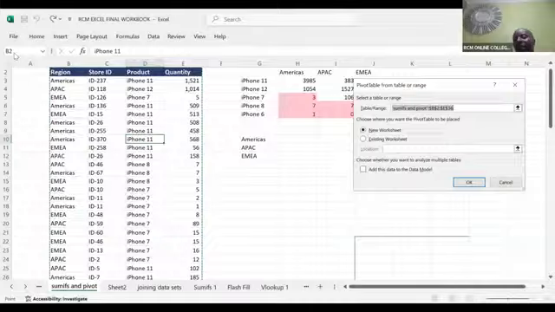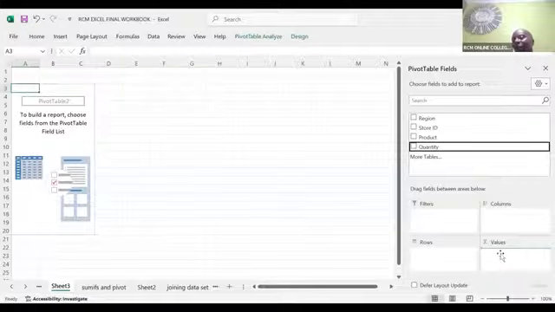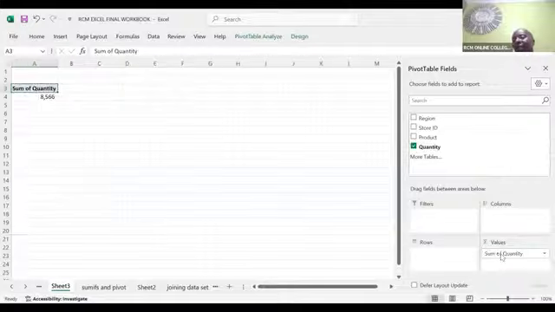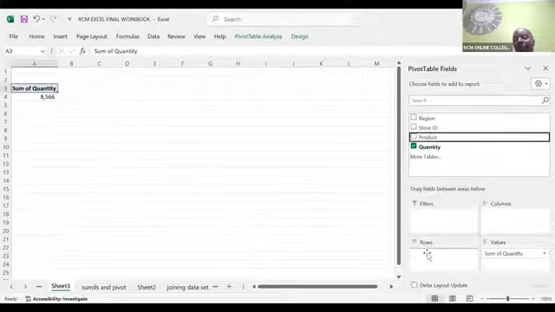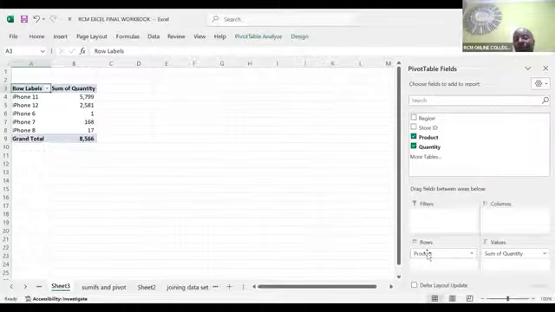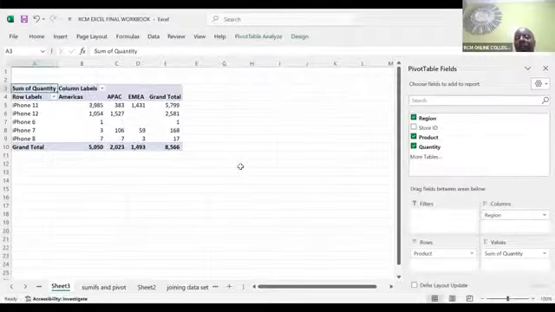All right. So remember the concept of inserting. I'll also repeat this: insert the pivot table. Then you say okay. So when you are here, quantity is what you would want to evaluate. Drag quantity to the values there. Then you have your products, the iPhones. These are coming to the rows. And then you have, ladies and gentlemen, regions. So this should come to the columns like that. So is this thing familiar?